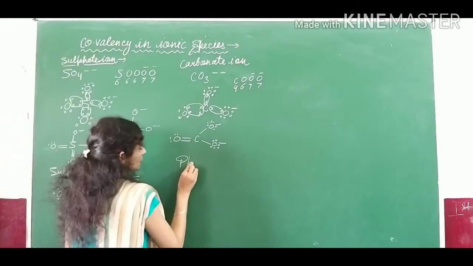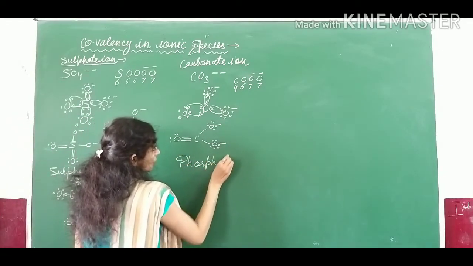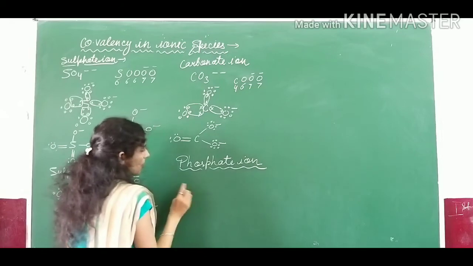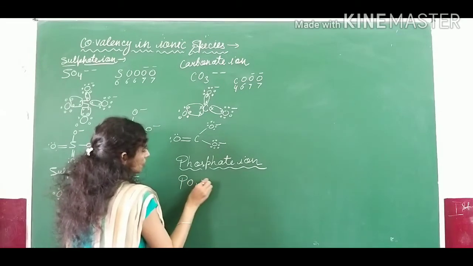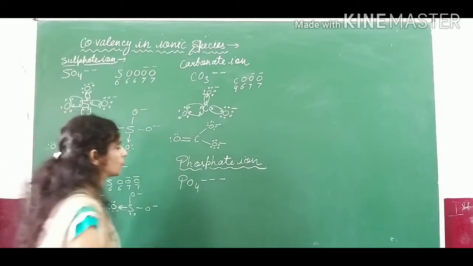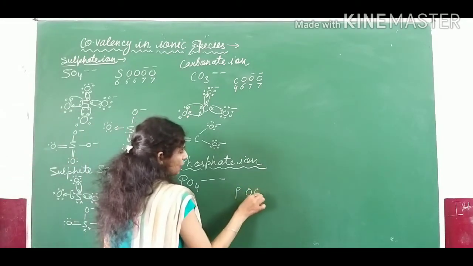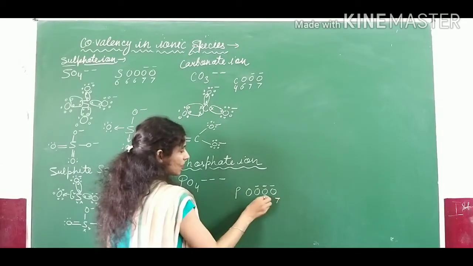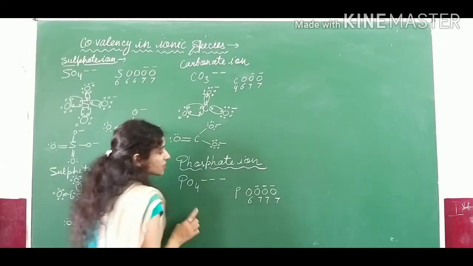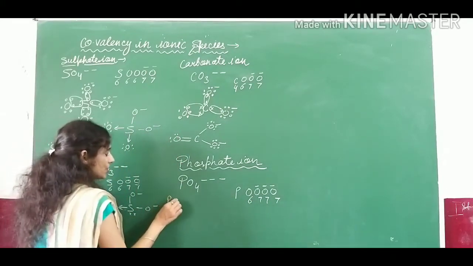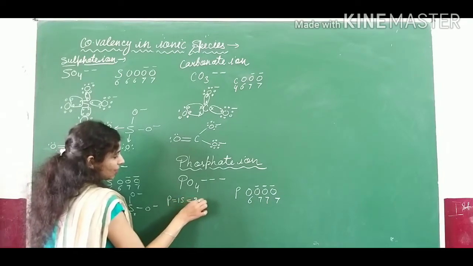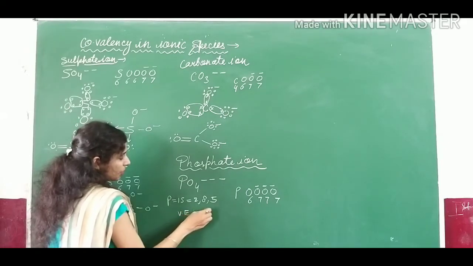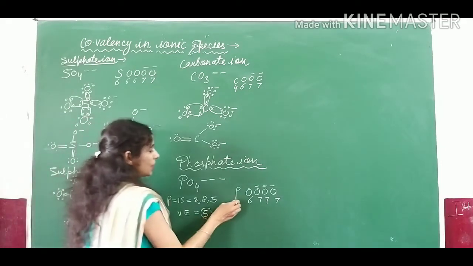This is of phosphate. Phosphate ion. How is this phosphate ion formed? The formula for phosphate is PO4 3 negative. Okay. So now how is this to be formed? What you have to write? Phosphorus and 4 oxygens are to be written. These 3 are having negative charges, so that means they will have 7 electrons. This will have 6. As phosphorus atomic number is 15, its electronic configuration is 2, 8, 5. So the valence electrons in phosphorus are 5. So here I have written 5.